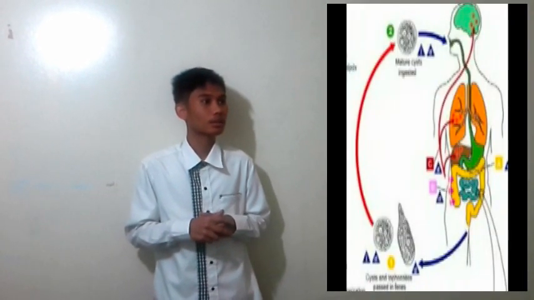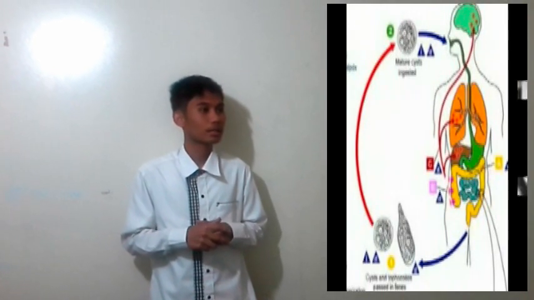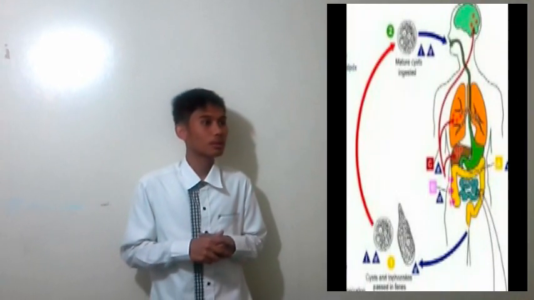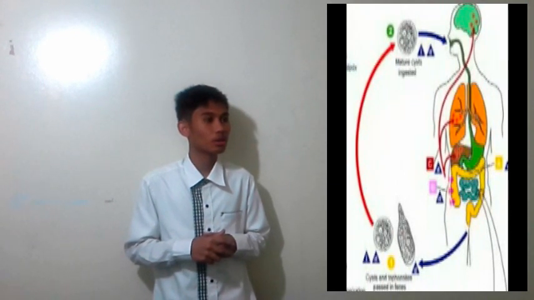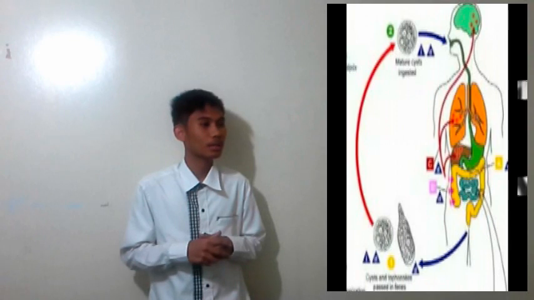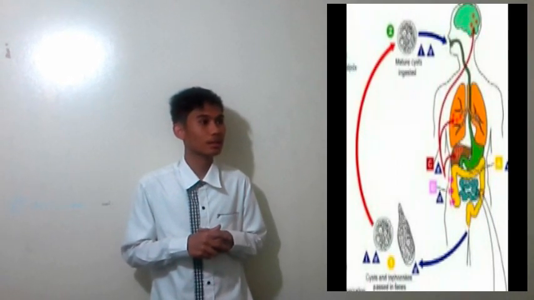feces. The life cycle of Entamoeba histolytica is relatively simple and alternates between the actively metabolizing motile stage, the trophozoite, and the dormant environmentally resistant cyst. The preponderance of each of these stages, for example trophozoite or cyst, depends on whether the individual is a carrier or has amoebic dysentery or diarrheic stools.